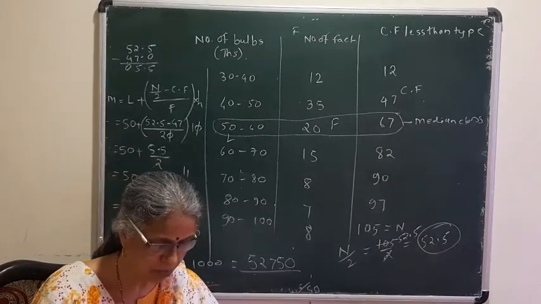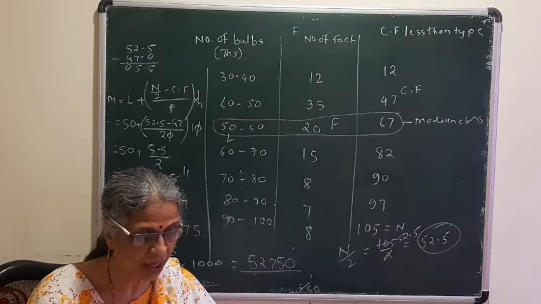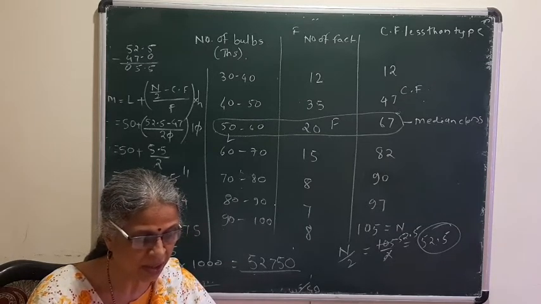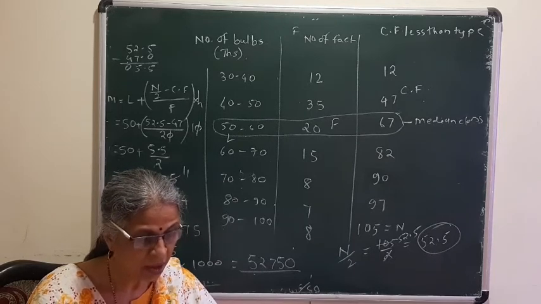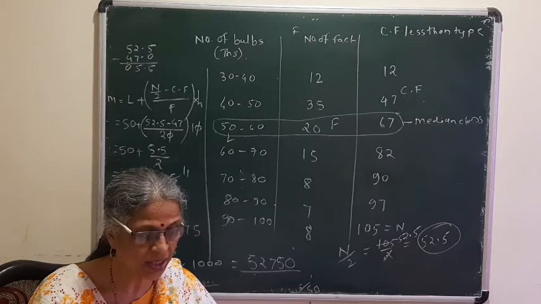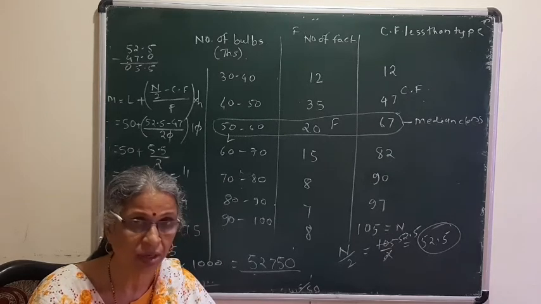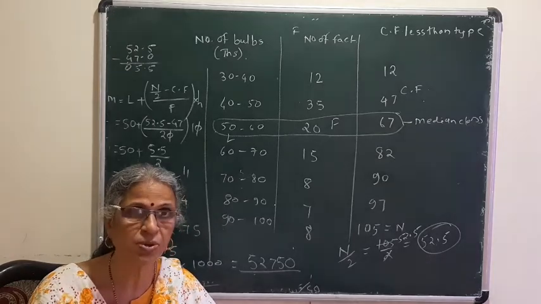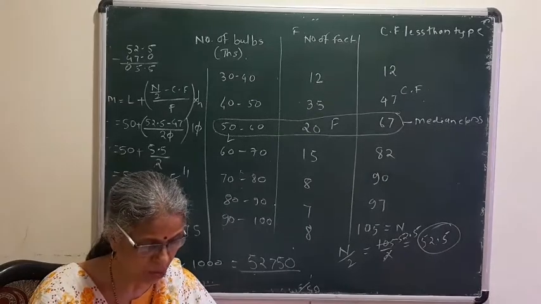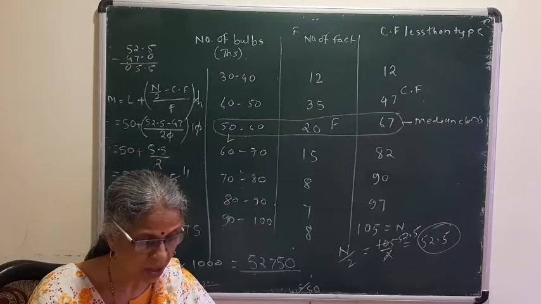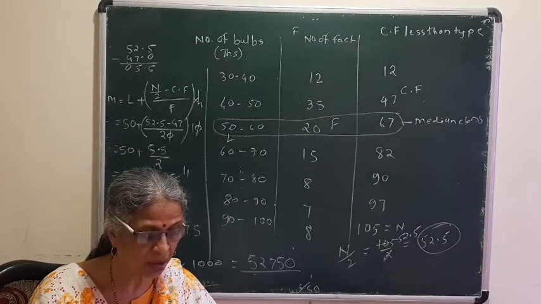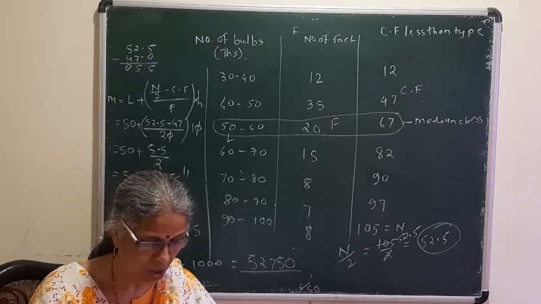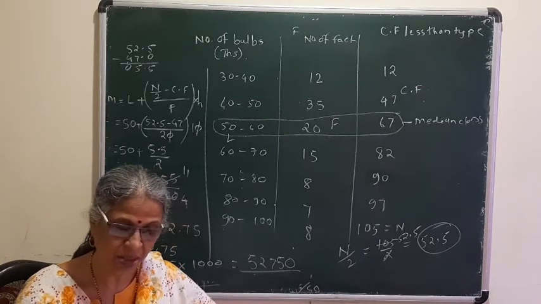Then example 2 on page number 144, they have given the classes in a different way, that is less than 10, less than 20, less than 30, less than 40. So such a type of sum is always asked in the exam. Here the difference between the two classes, that is 10, 20, 30, 40, is 10. That means less than 10 means the first class will be 0 to 10, second will be 10 to 20, third will be 20 to 30. So you have to make the classes yourself and then solve the sum, otherwise the method is the same.